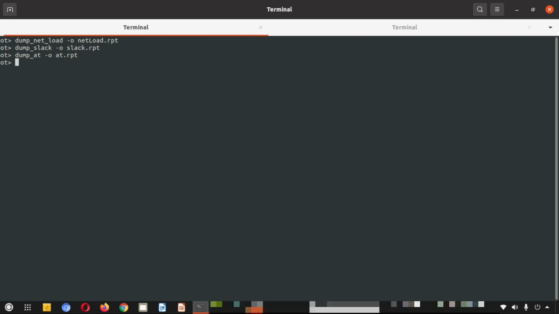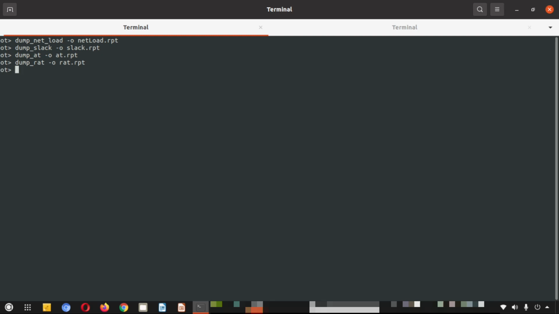Then dump AT, we have dumped the AT.report file. And we have dumped the RAT.